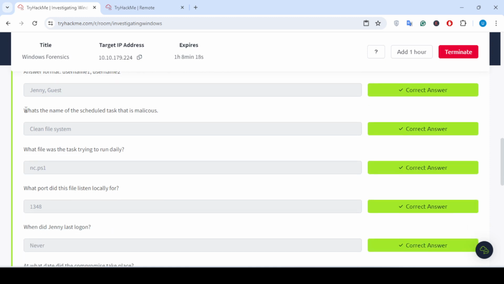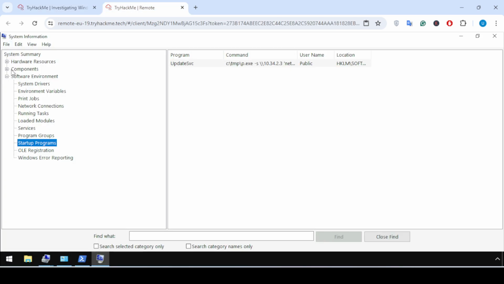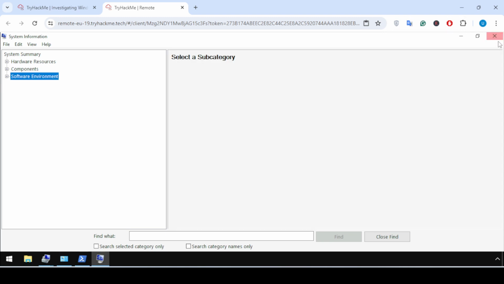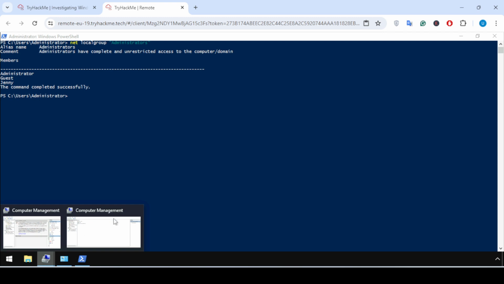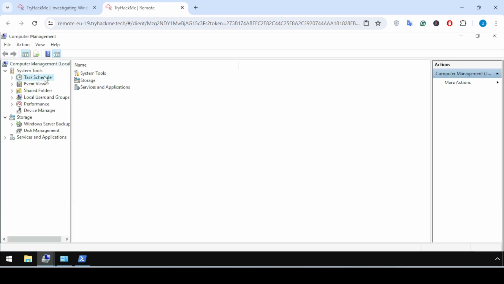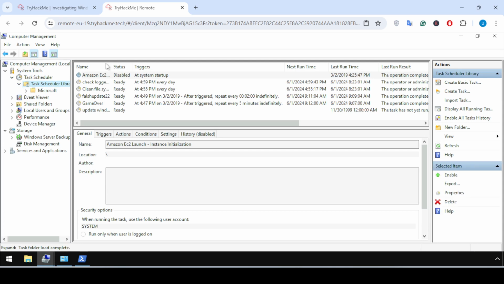Next question is what is the name of the scheduled task that is malicious? Okay, so I'm going to close this System Information window. If I check Computer Management, you can see the Task Scheduler option is present here.